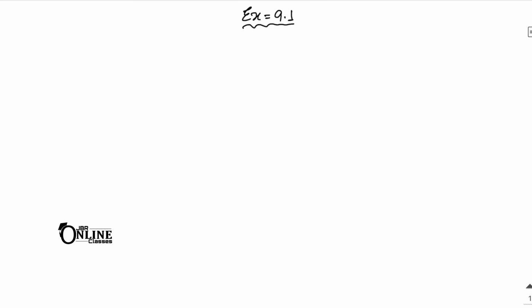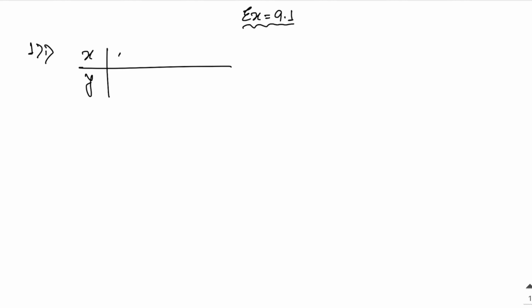So here the first problem, it's 1.1. Observe the following tables and find whether x and y are directly proportional. So here x, here y. The first one is 5, 15. Then the next one 8, 24. After that 12, 36. Then 18, 72. And the last one is 20, 100. As here, you have to observe whether these tables are directly proportional or not.